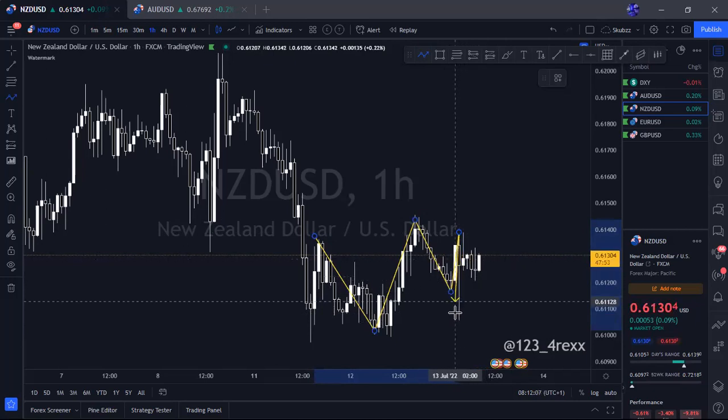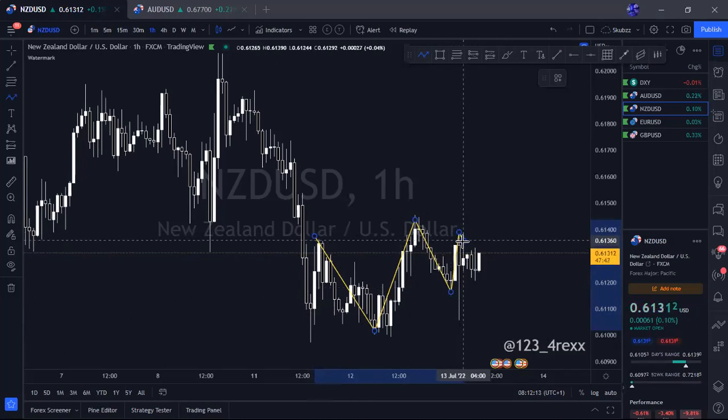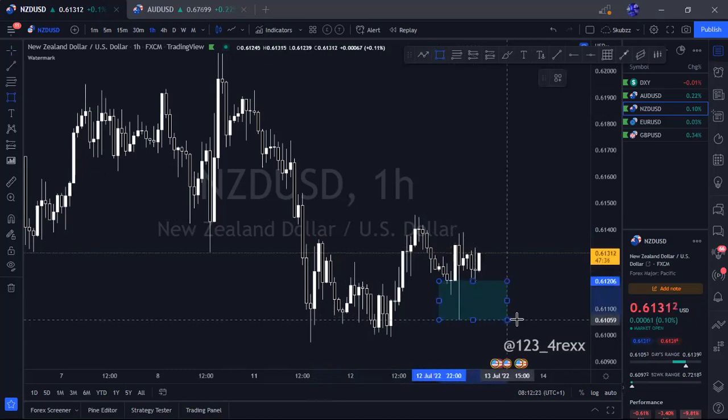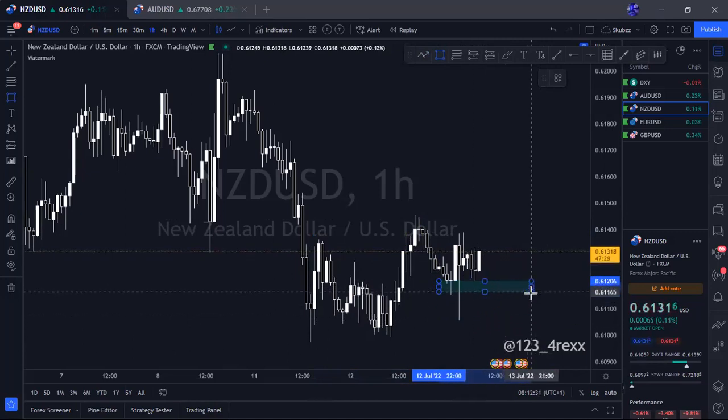But this does not characterize as a break of structure. That's a break of this level here. So we are still within this leg here, and price is what's pushing down now. So the moment what you should watch out for here is these levels here. Because we have a very big candlestick here, that will make it all tricky. So we cannot just hold this level like this. We have to hold everything here to know what a clear break of structure will look like.